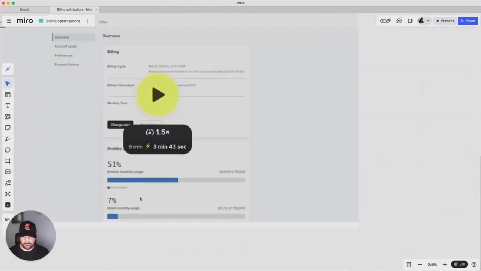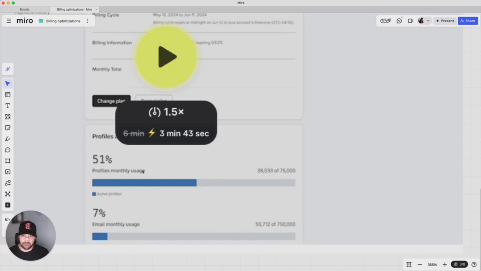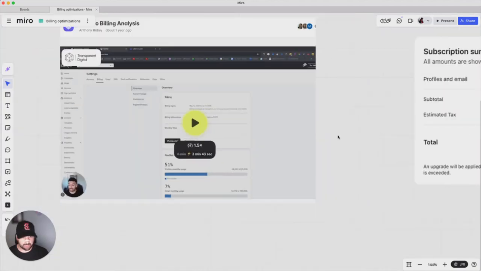This here, in this specific case, actually isn't this account. This is a demo of me doing another account. But I think this was 25 million sends, and I forget how many total profiles. I think it was 1.7 million. If you go into the Klaviyo account, you could still see these different plans and see exactly which one it was. It was the one that cost